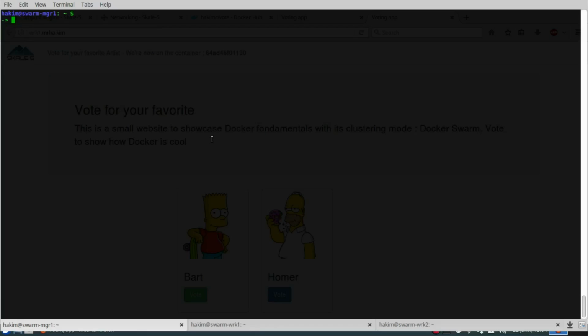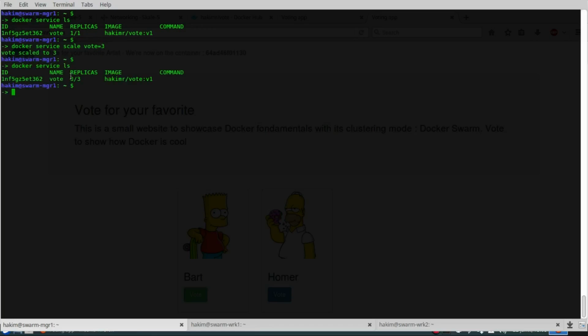So let's go ahead now and scale our application. Right now I have only one instance of my application running and I want 3. So service scale, and the name of my service is vote, and I'm going to say 3 times. Okay, very good stuff. There you go. So 3 instances running